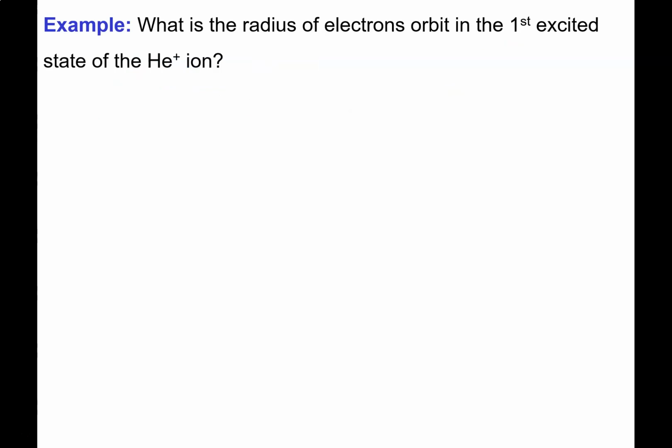So let's have a look at this. It says, what is the radius of the electron's orbit in the first excited state of the helium plus ion? So first excited state is n equals 2, and then helium plus, the reason for us being given that is because we need to recognize that Z equals 2, and then now we just have to go for it. So r equals n squared times a naught over Z,